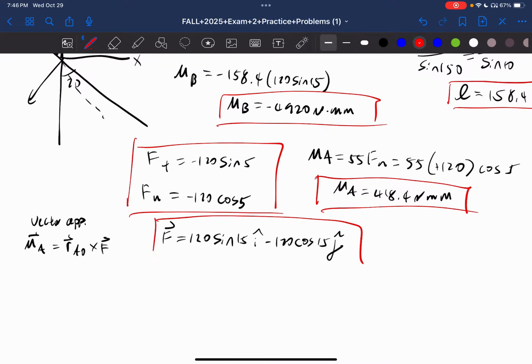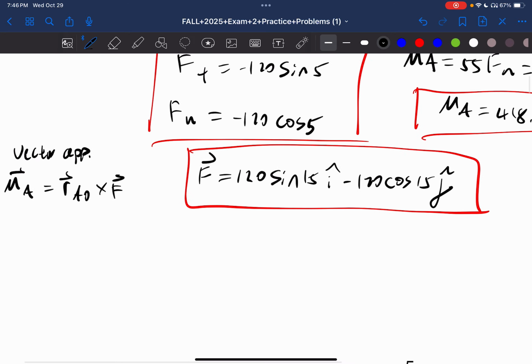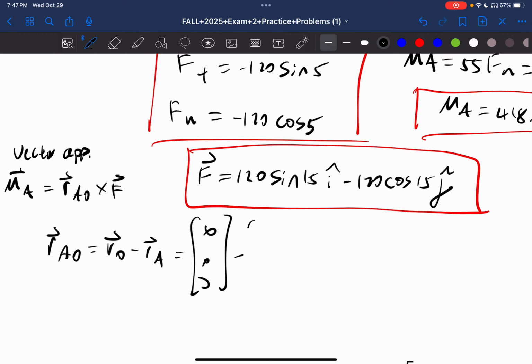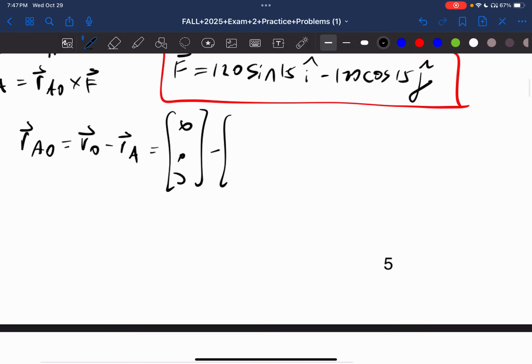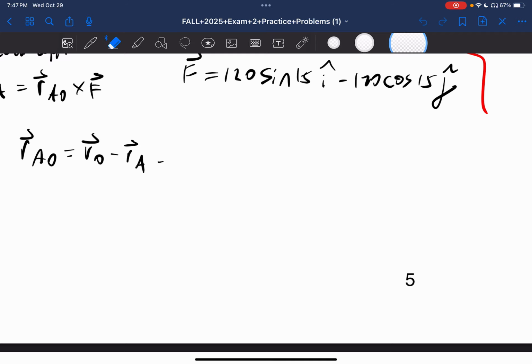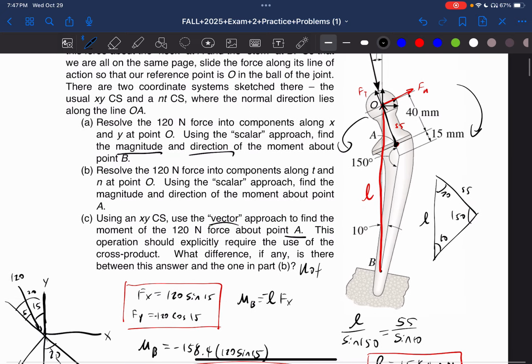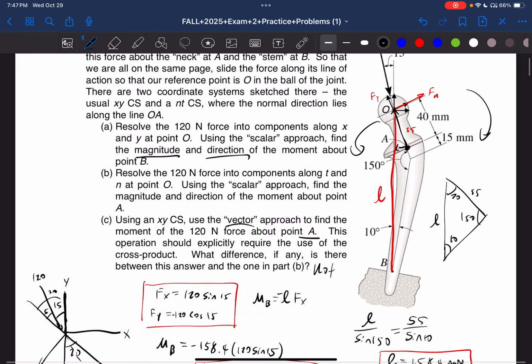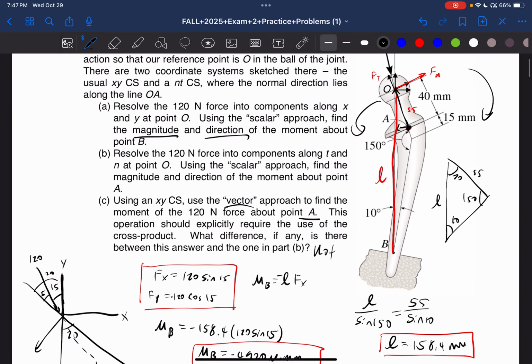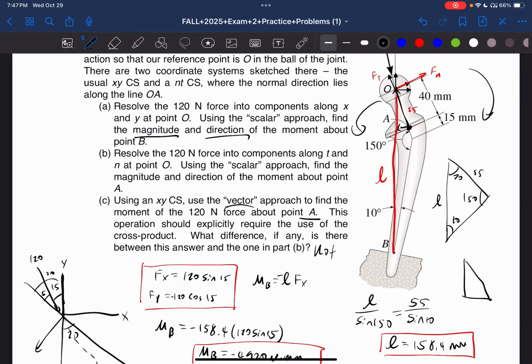So we have this. And we need R_AO, which is going to be equal to R_O minus R_A, which is going to be equal to O, which is 0, 0, 0. A is, okay, I kind of did it in 3D. I don't know why I did that. There's probably a better way to write this. So if we just look at the x direction first, it's going this way, which is negative x. Okay, 55 or 40. So we have a triangle like this, and this is 40,